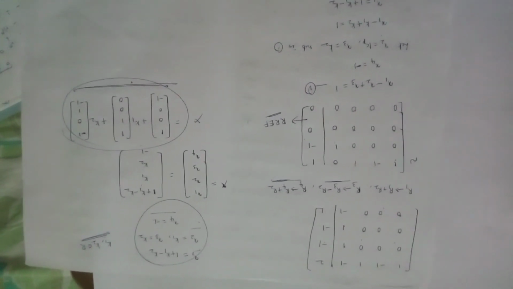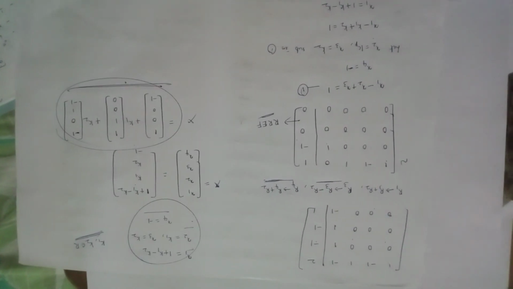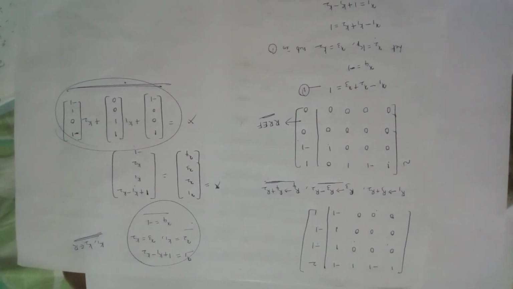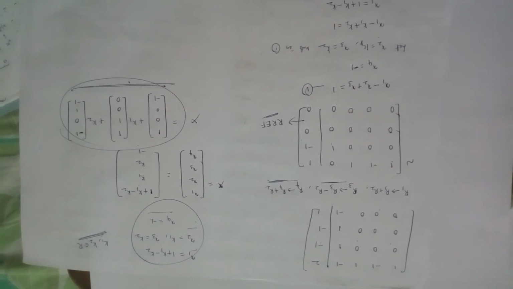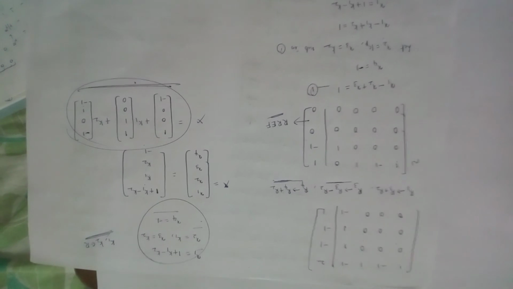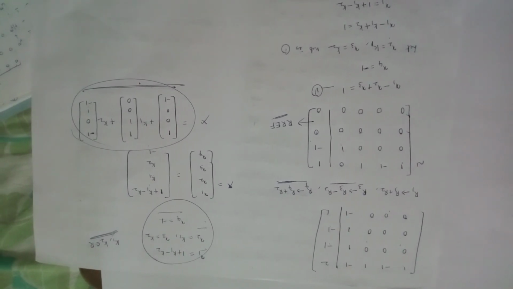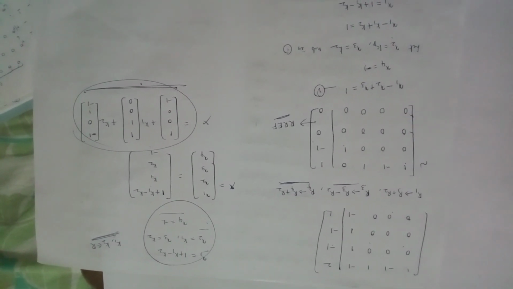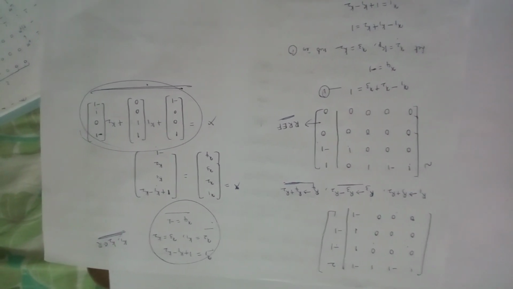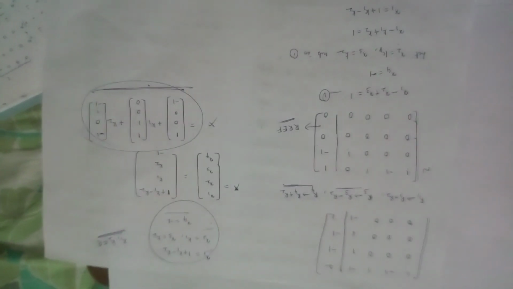Okay, so substitute x1 x2 x3 x4 in x. So x is equal to x1 x2 x3 x4, that is equal to, x1 value is 1 plus k1 minus k2, and x2 is equal to k1, x3 is equal to k2, and x4 is equal to minus 1. So here I am writing first of all the constant. So 1 0 0 minus 1, k1 is outside, so 1 1 0 0, and k2 is outside, minus 1 0 1 0. So this is the parametric form of solution of the given system of equations.